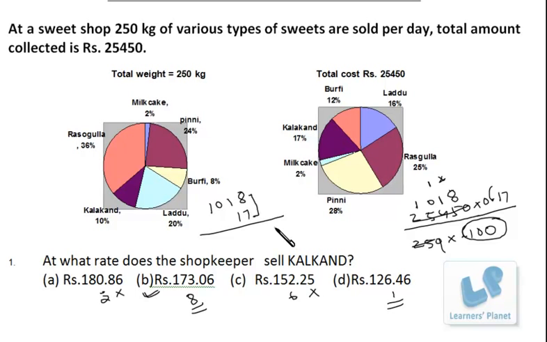Just see how we do the second last digit. 8 sevens are 56, 6, and 5 we carry. Then you just cross multiply these two: 7 into 1 is 7, plus 1 into 8 is 8. So 7 plus 8 is 15, and 5 is 20, right? So I'll put 0 and 2 will be carried forward. So what is the second last digit? That is 0. So we have only this option which has the second last digit as 0. The unit digit could also be used, but here three options have the same unit digit. We cannot come to a correct choice if we just calculate the unit digit, so that's why I calculated the second last digit.